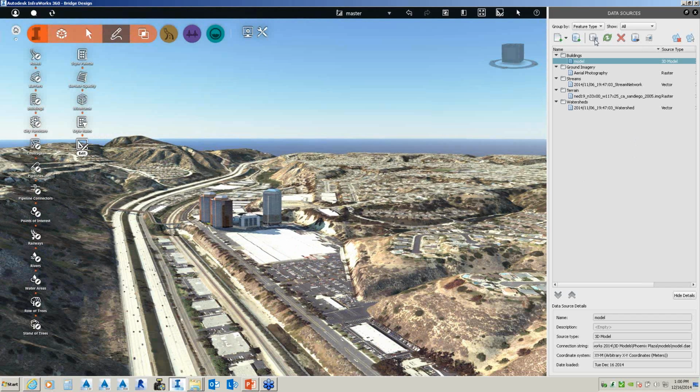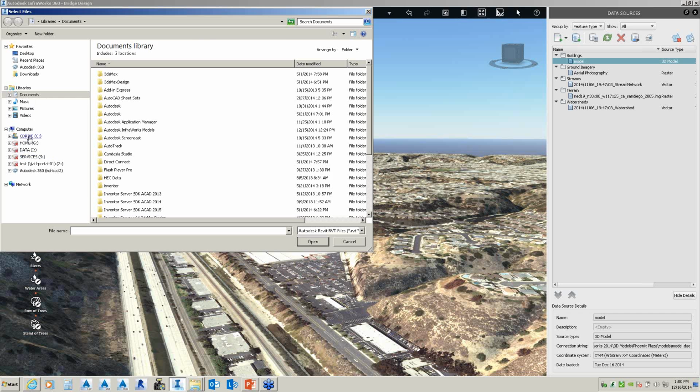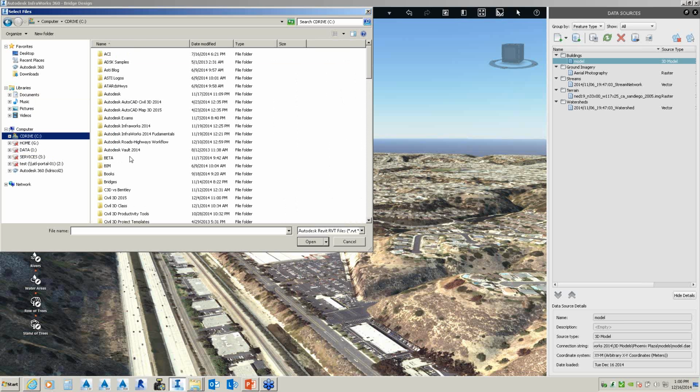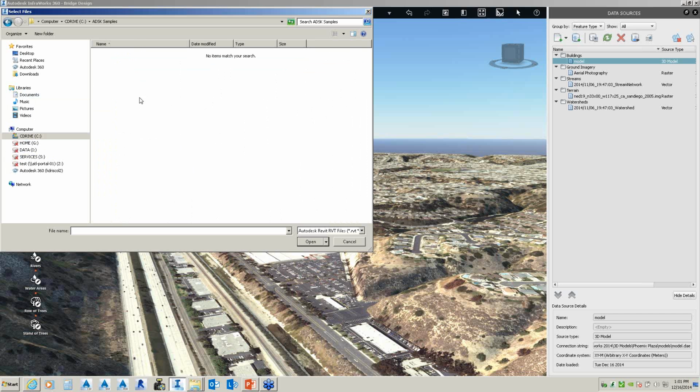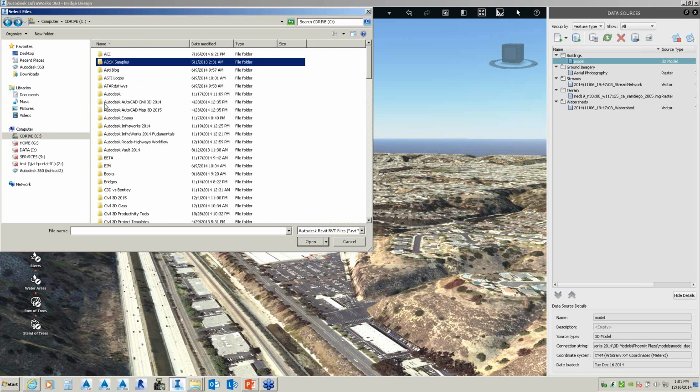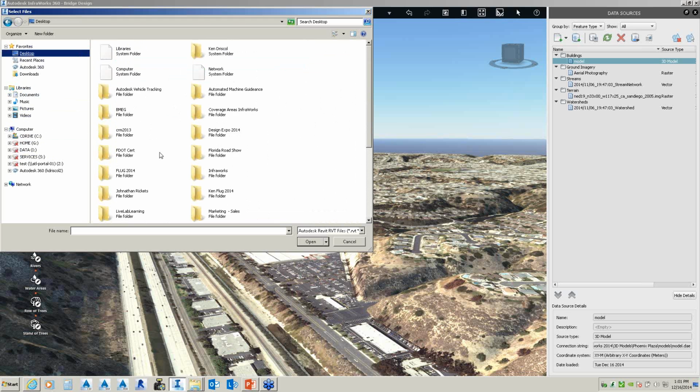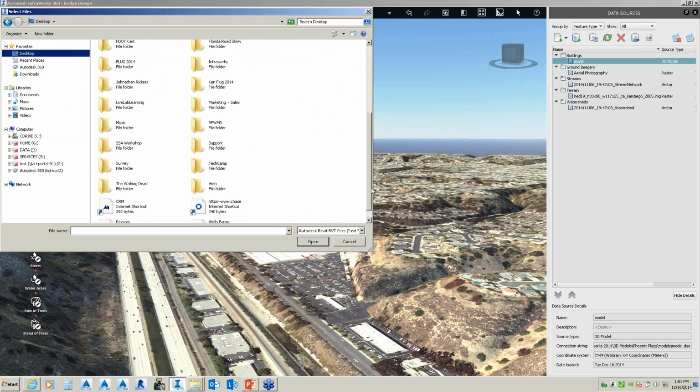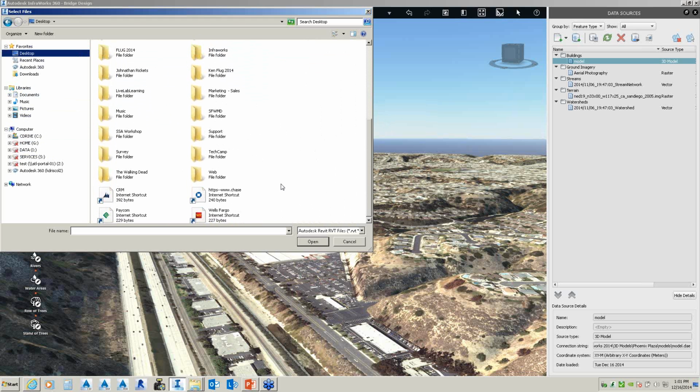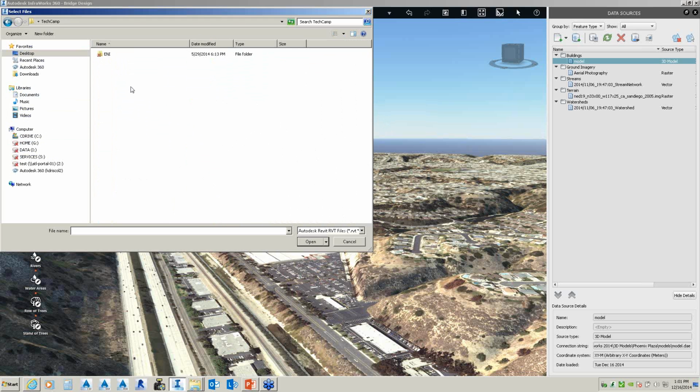now I want to bring in a Revit model. So if I want to bring in a Revit model, I can just go in and select Revit. I can come in under my models. Come back. And we're okay with time. We're going to push over a little bit, but that's okay.